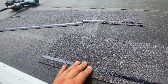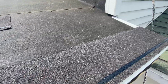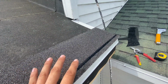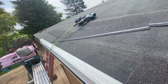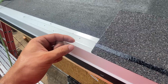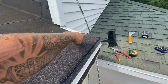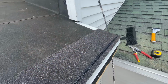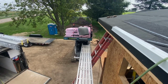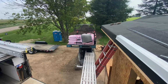Next up, we've got our starter strip. So we're gonna put these guys on, with a little tiny bit of an overhang. I'll have to figure out what I want just yet. And then I'm gonna go ahead and snap a line all the way through to hang this guy to keep our reveal over the edge nice. And then we'll do one partial of these going up this way to keep that reveal nice on that side. And then these are an Owens Corning Duration to match what's already here. I believe the